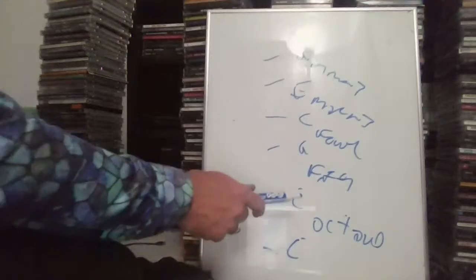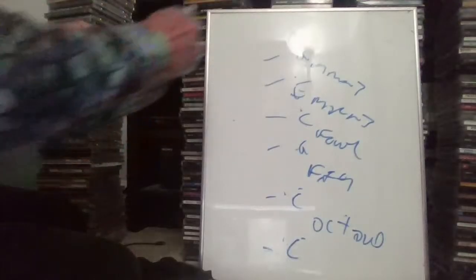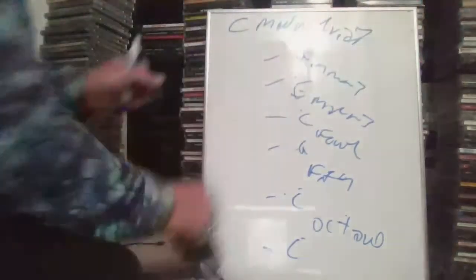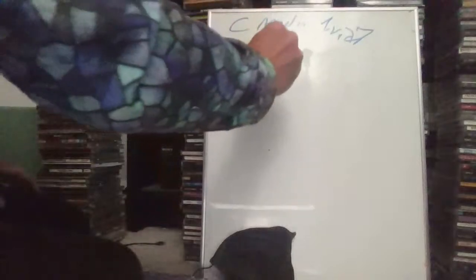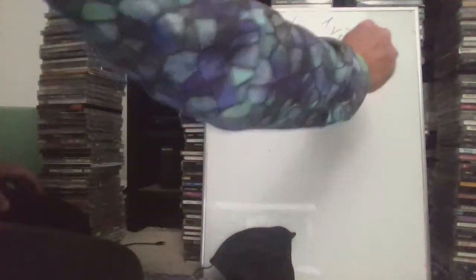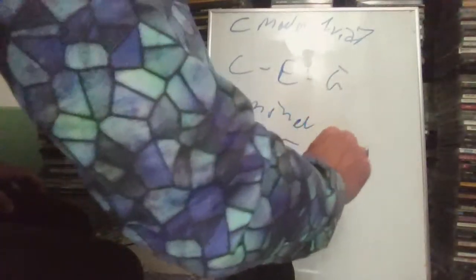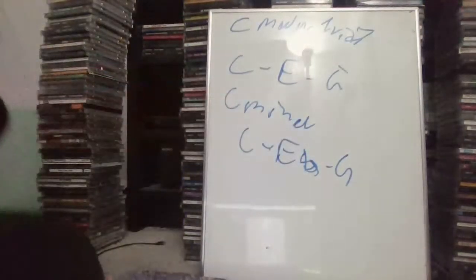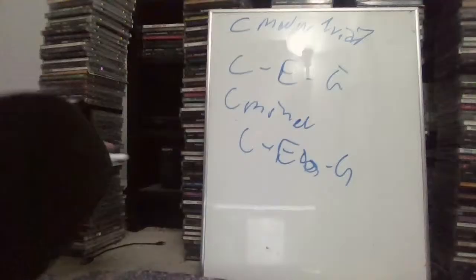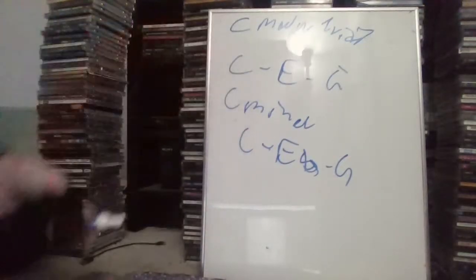So what's C, C, G, C, E, G? It is called a C major triad. C major triad is C, E, G. C minor does not exist in nature, but that would be C, E flat, and G. There is a half step difference in the third. A minor triad has a flat third, and a major triad has a major third, which means a minor triad is a major triad with a flatted third, and a major triad is a minor triad with a raised third, a sharp third.